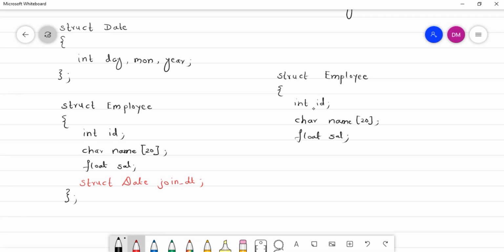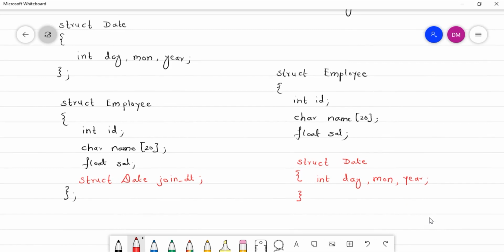Now what will I do? Inside this employee structure, I'll create a date structure. So here I'll say struct date, with all the elements of date, that is day, month and year.